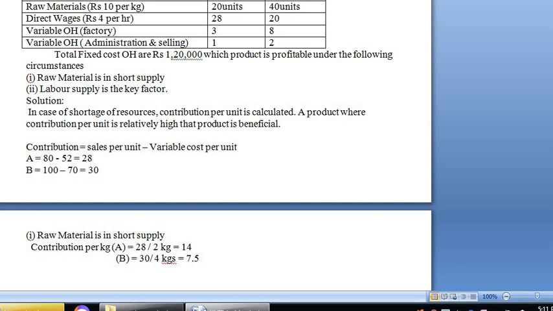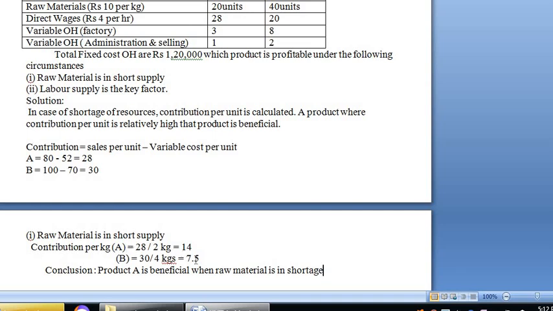Okay, now you can write the conclusion for this. Conclusion. So what conclusion you can give? Product A is beneficial when raw material is in shortage. Okay, because